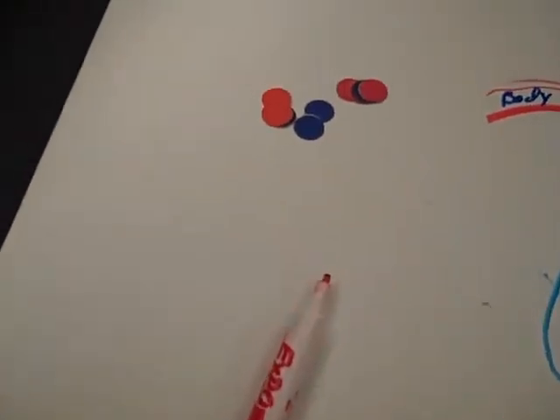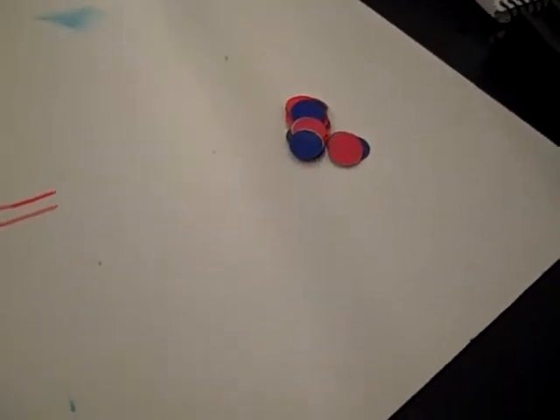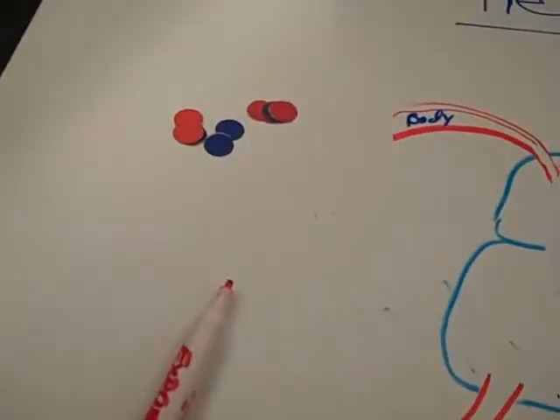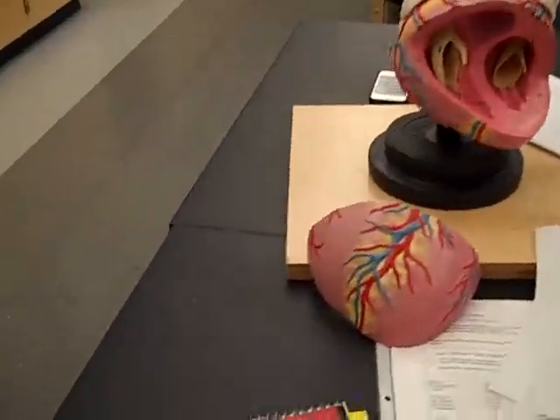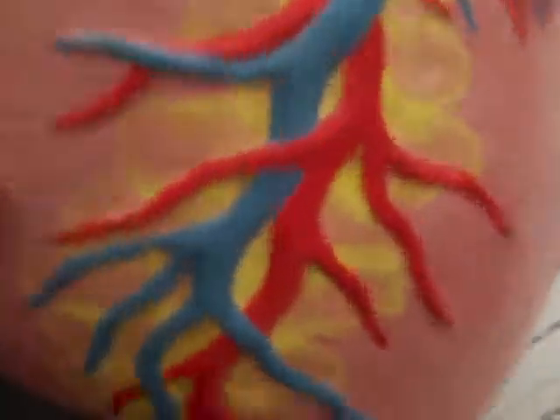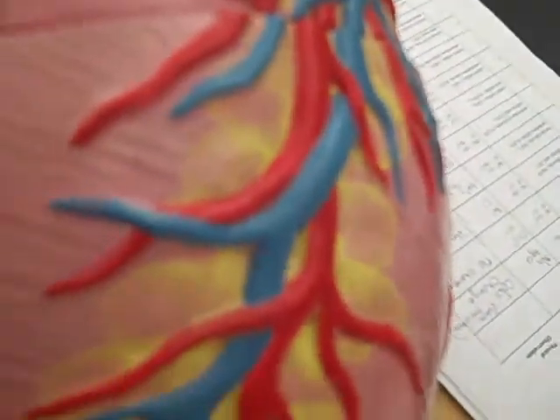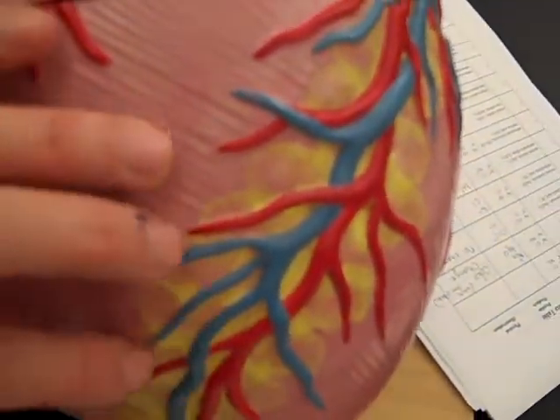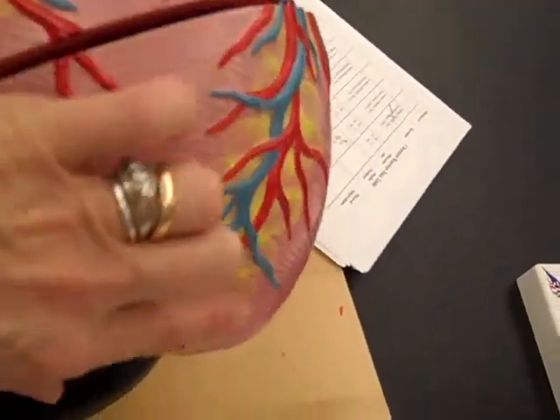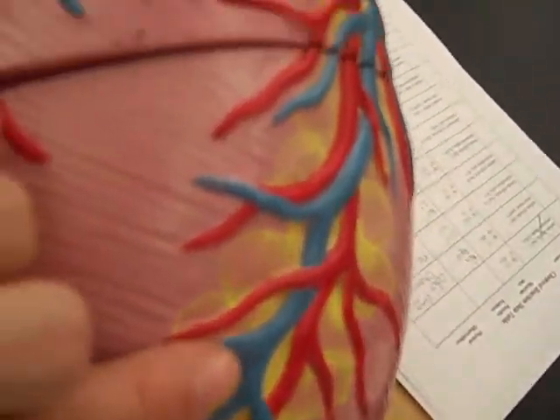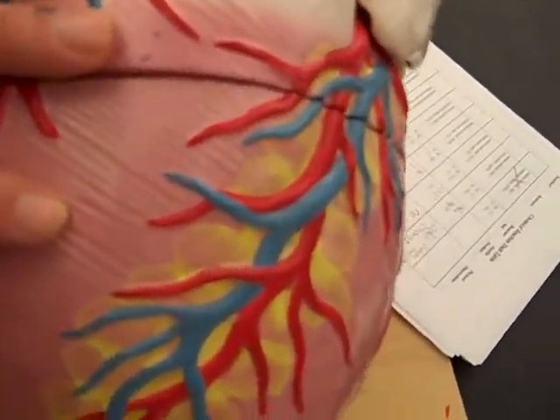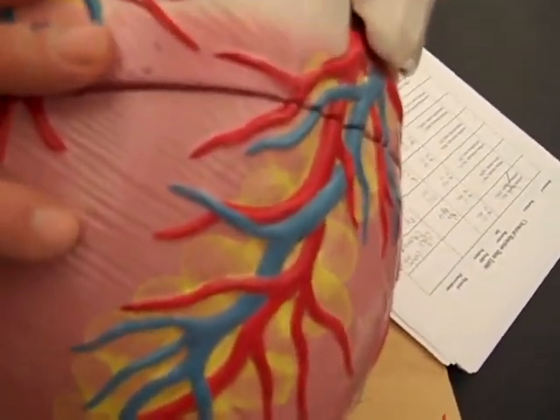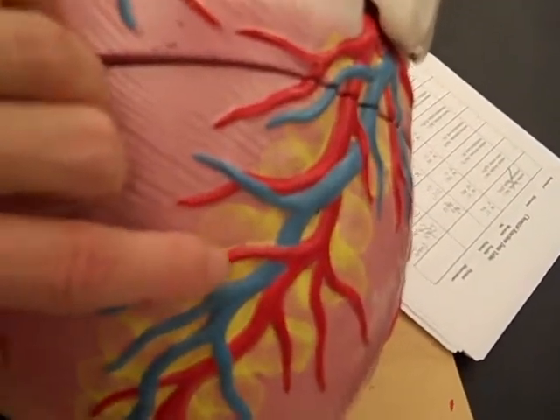I've given you some red and blue dots. Now, what is blue typically representing? Veins. So when you look at all these models, they have red and blue. Remember that the red and the blue come in pairs. By the way, these veins and arteries are really, really important. Have you ever heard of the coronary arteries? When someone has a heart attack, what happens is one of these